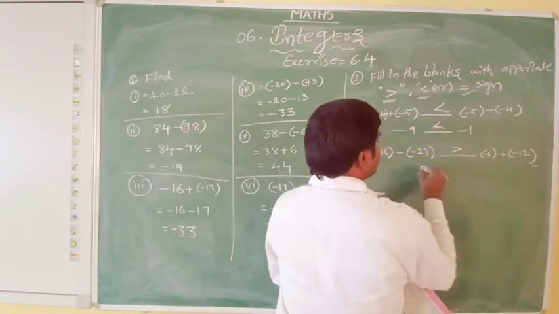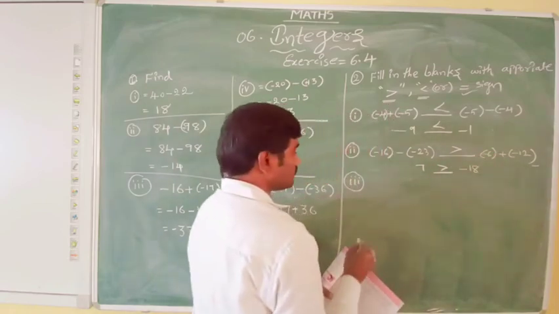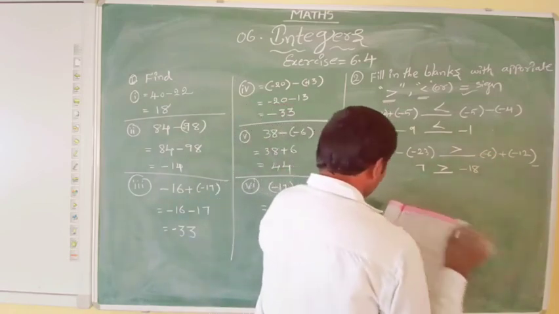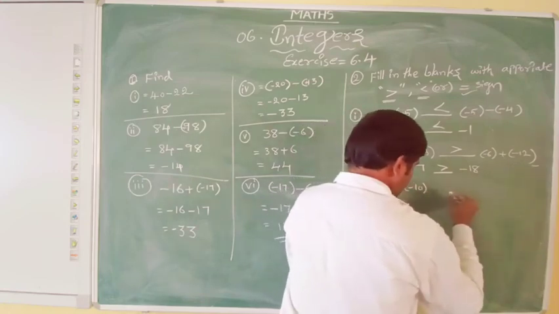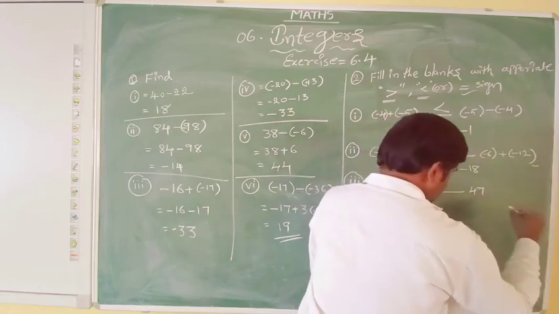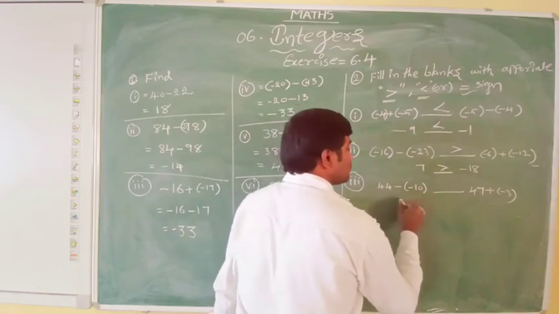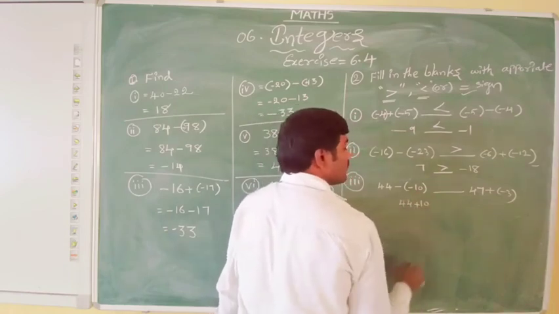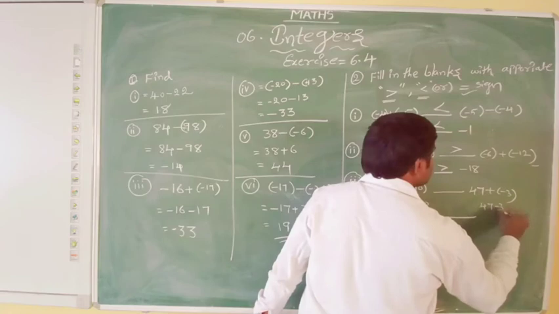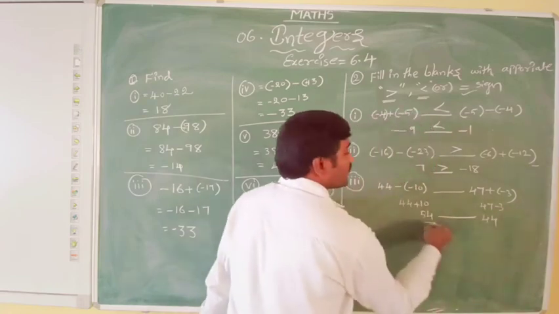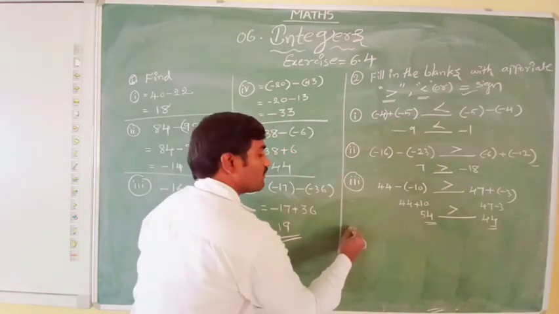To understand you, I am doing it. It doesn't mean that people should do it the same thing here. Okay. And then the third one, 44 minus of minus 10 is dash 47 plus of minus 10. 44 minus of minus 10, that is 44 plus 10, that is 54. Dash, here we do it 47 minus 3, that is 44. Here 54 or 44, which is greater? 54 is greater. So this number is greater. Yes. Then the fourth one,